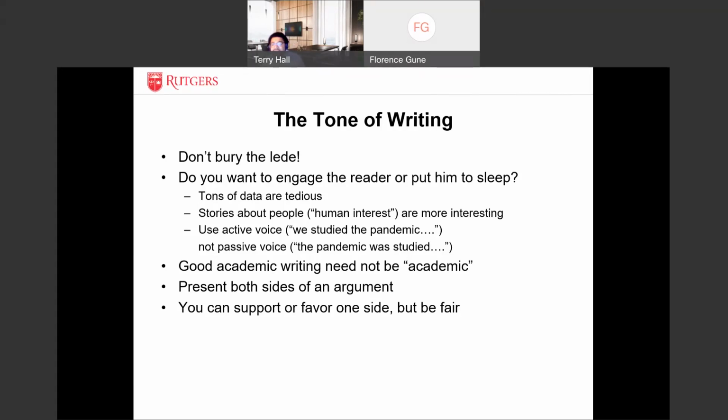Make sure to present every side of the argument if it has more than one angle. If there's two core sides, express both. You don't have to favor one or the other, but you can, so long as it's evidence-based. Remember, we're looking for evidence-based research. It's not your opinion. You're not saying I think, I feel, or I believe. Instead, you're presenting an argument that establishes what all relevant sides are saying, why they're saying it, and how it relates to the core idea being presented in the work.